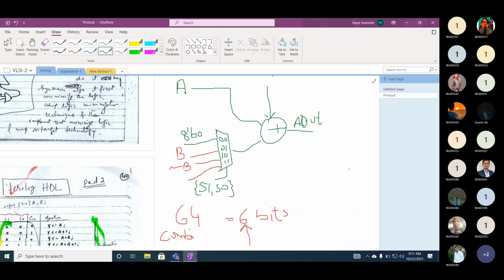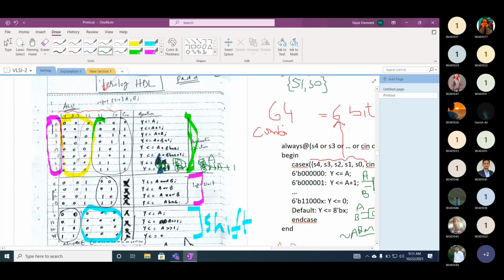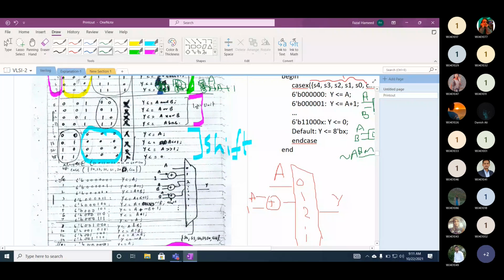So now in this case we have partitioned or designed into different components. One is the arithmetic component, and another is the logical component. Now we need to design another component. What should be the name of that component? Let's see how it looks. Just look at the truth table. Now if you look at the last one, we also have a shift component.